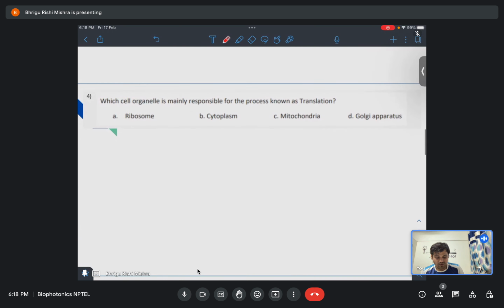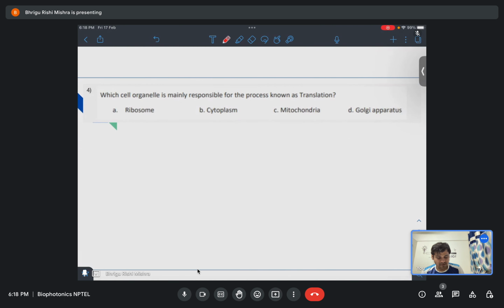The next question is: which cell organelle is mainly responsible for the process known as translation? First, what is translation? The definition of translation is the process in which ribosomes